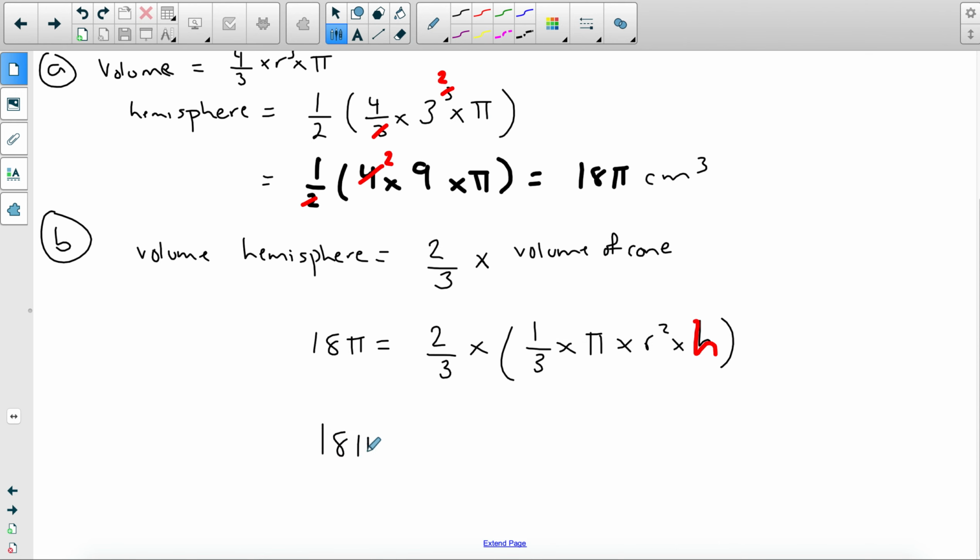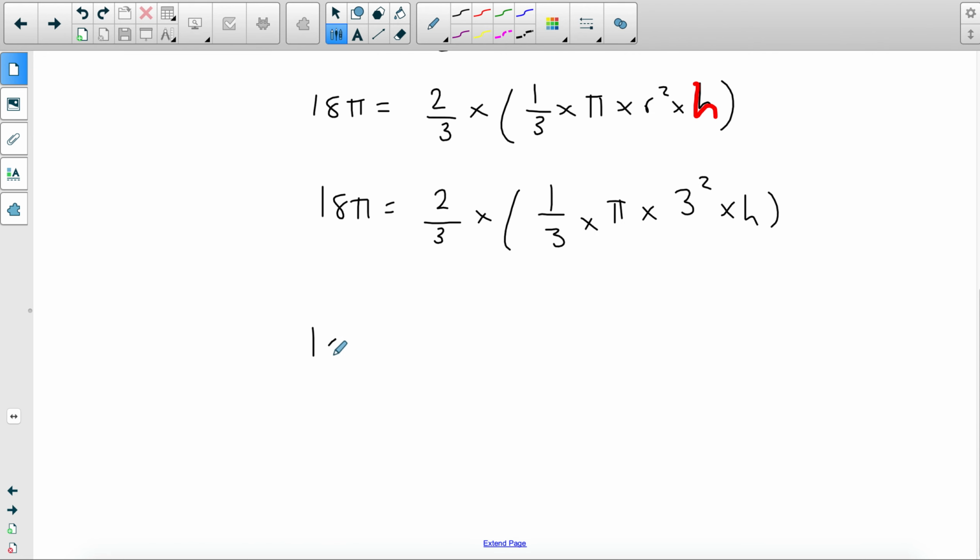So I'll just simplify this as we go. It seems like a big cluster, but we can simplify this. A third times pi times, well, the radius is 3, so that's 3 squared times h. I'm going to simplify this very slowly. If you feel comfortable with this, you can skip ahead. So 18 pi is equal to, well, we can